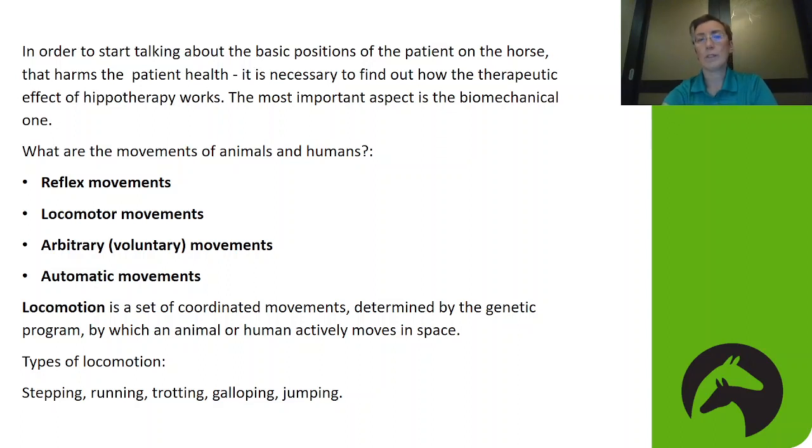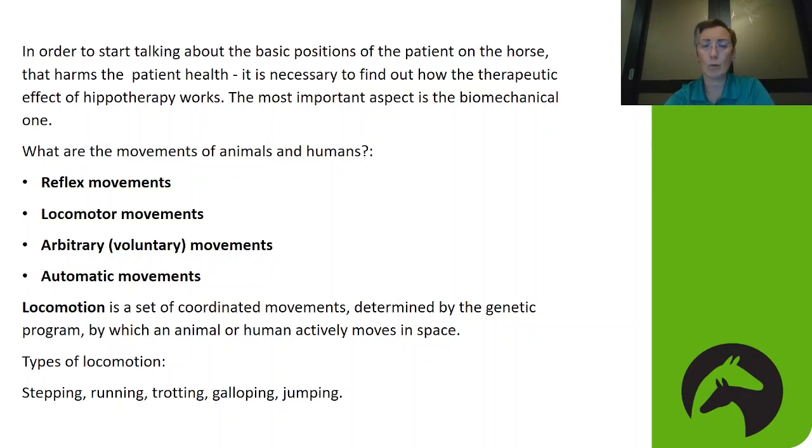What are the movements of animals and humans? First, all animals and humans, of course, have reflex movements. After reflex come locomotor movements, then voluntary movements, and after voluntary movements, automatic movements. We shall speak